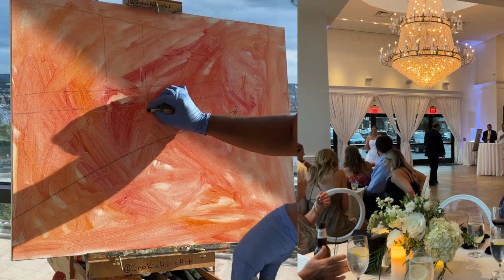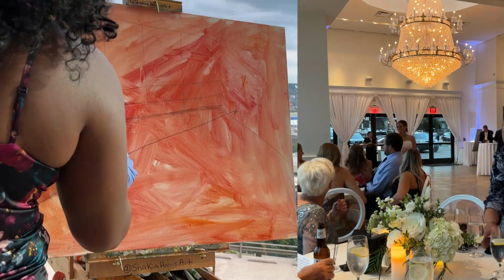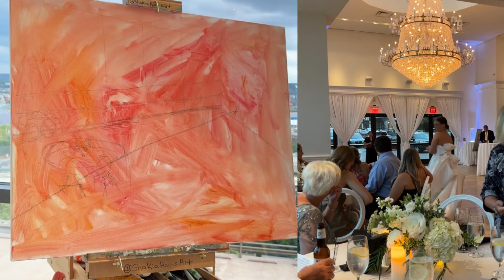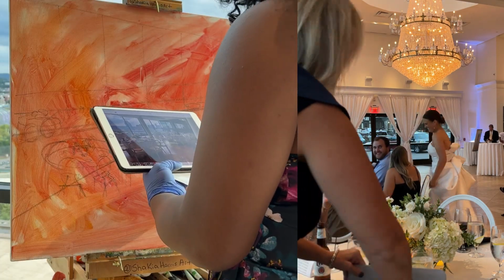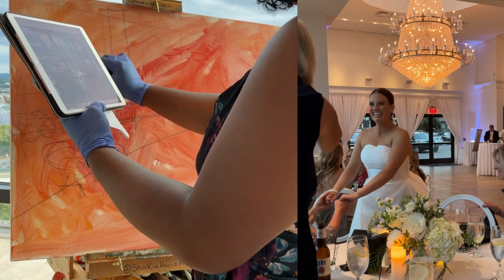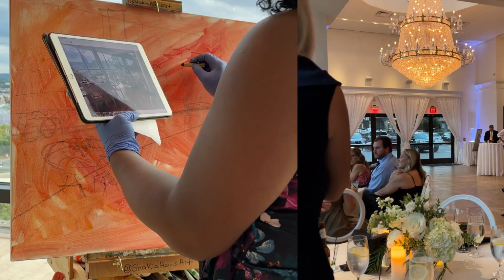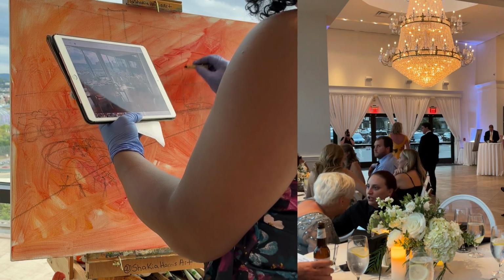One thing I noticed in her first dance that I didn't notice outside was that the back of her dress has this absolutely gorgeous bow, and I knew that I needed to make that a part of her final piece. So while everyone was getting situated, I started by doing an underpainting. I usually do an orangey red underpainting, and then I use small pastels to help me kind of plan out